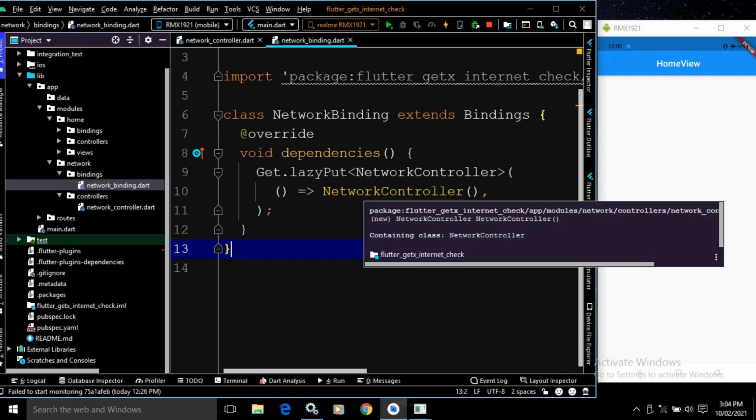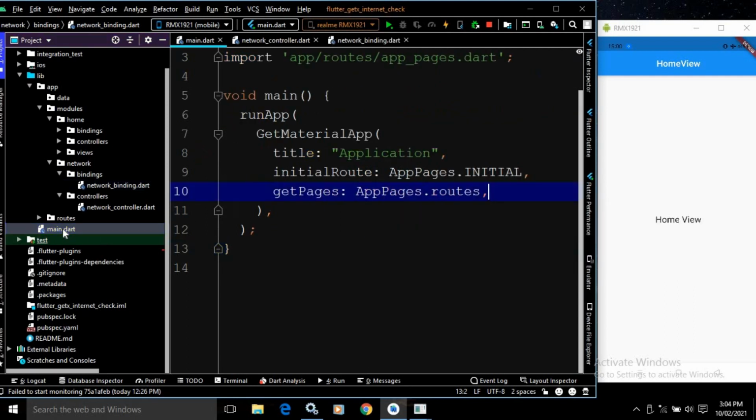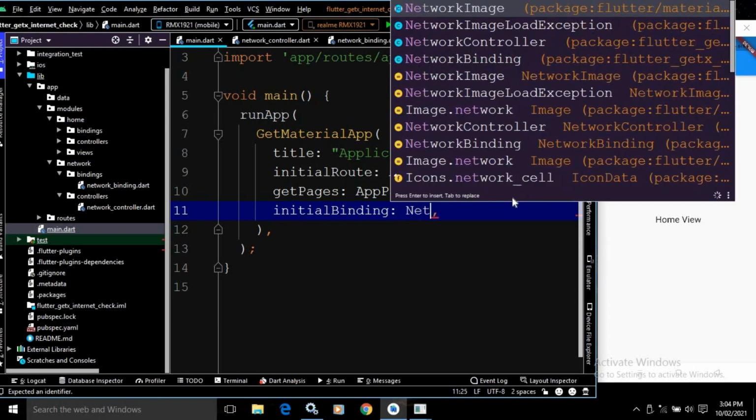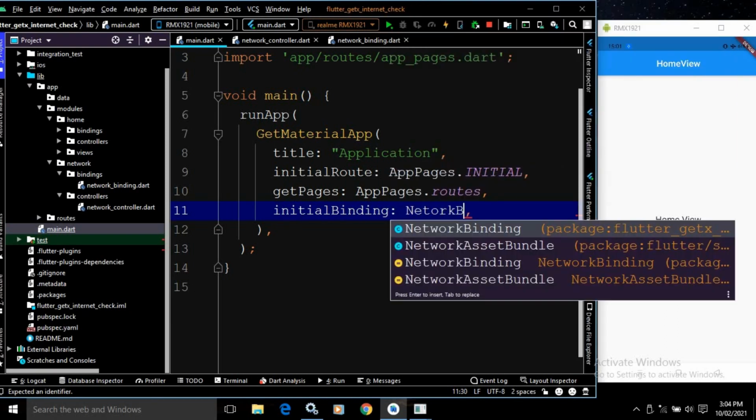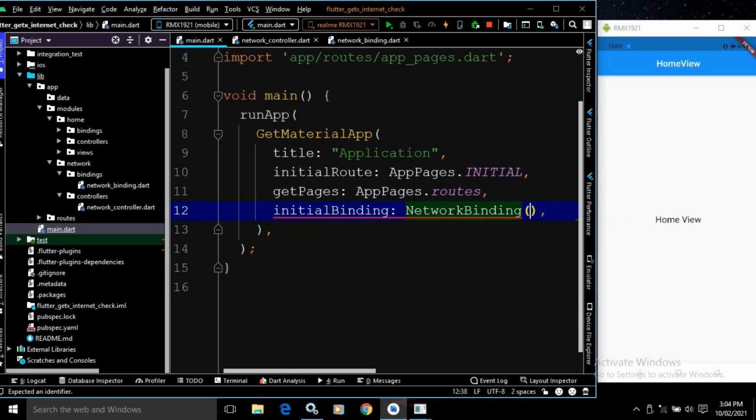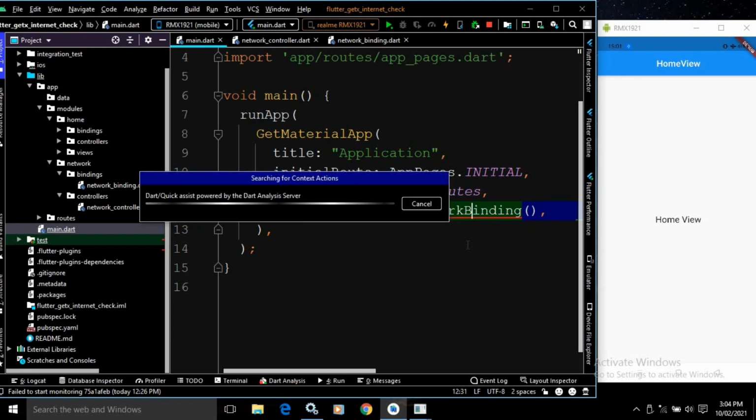Now in the main.dart file, I will use initialBinding, and in the initialBinding I will initialize the NetworkBinding. So whenever the NetworkBinding is called, it will automatically initialize the NetworkController, right?